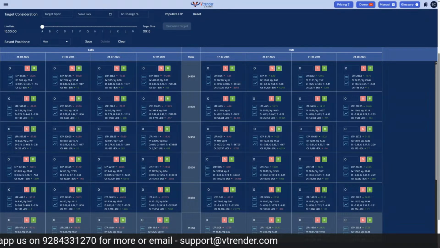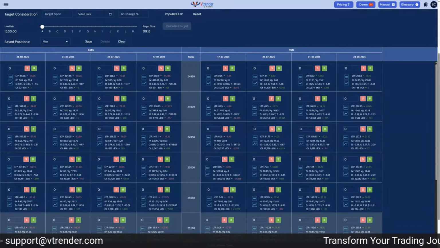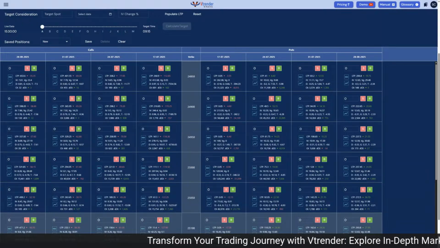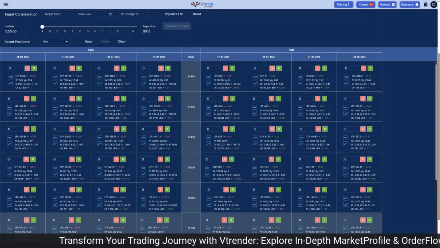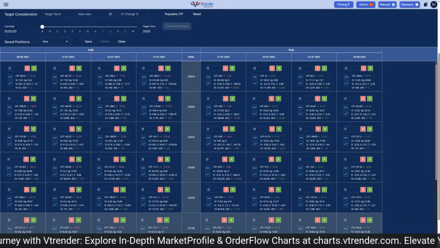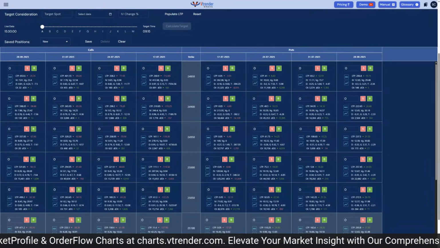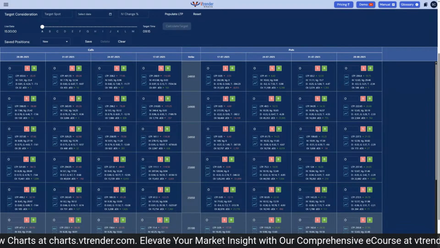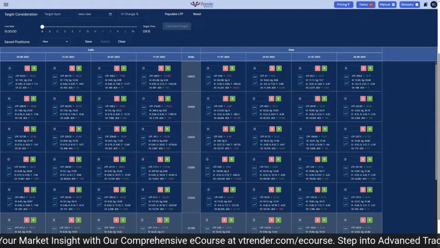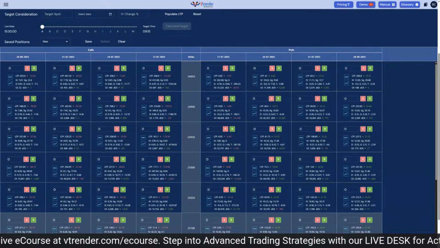A long gamma market is simply a market where you are owning options, you're buying options, you're expecting the market to make big moves, and every time the market makes big moves in either direction, either through a long call or a long put, you are benefiting, and you can say that you are long gamma in the market. You have bought calls, you have bought puts, you're expecting the market to put in a big directional move, and that's why you've positioned yourself that way to profit from the movement of the market.